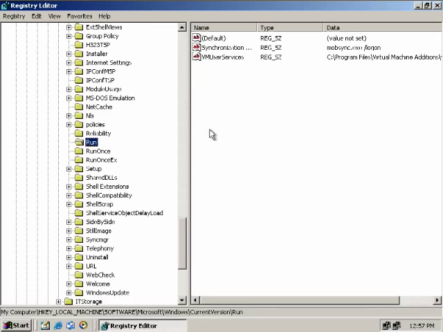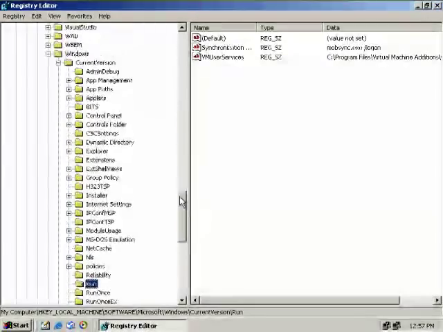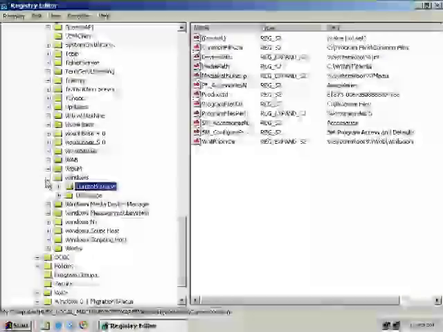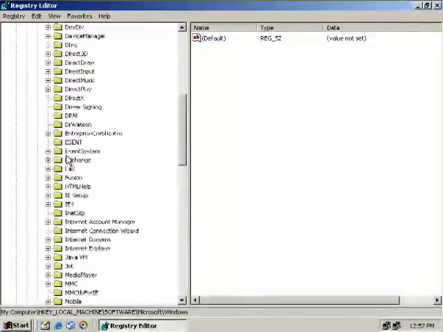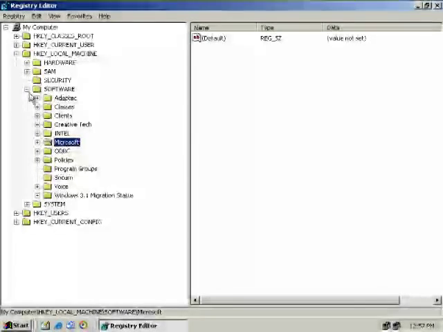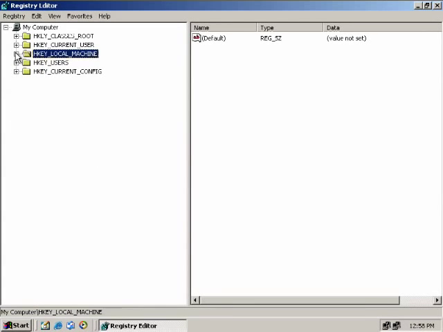And if we're having trouble with one of these, we can come in here and delete those, but you really should know what you're deleting before you do so. Maybe tech support told you to do so, and that's the only way to regain system stability, or maybe you just know for yourself that that's what needs to be done. But be sure before you delete a single thing or even add anything under here. The other place in a similar location to this that you might look for a Run and a RunOnce is